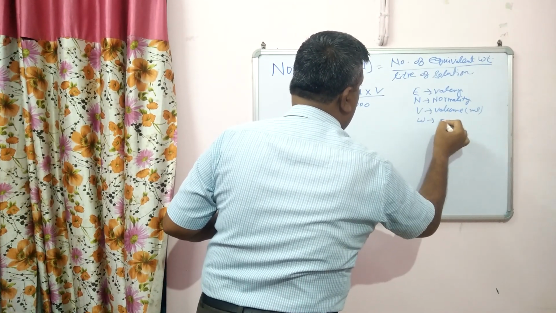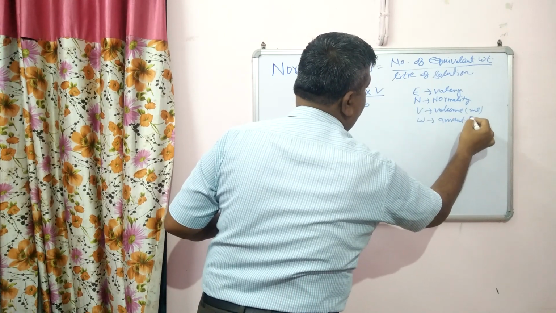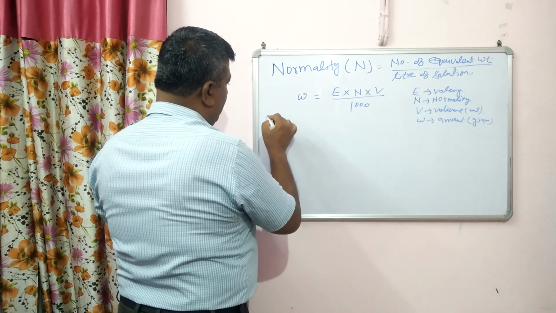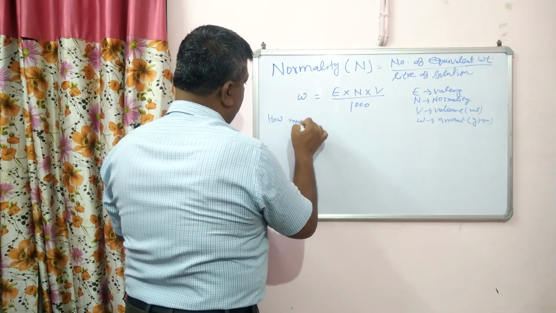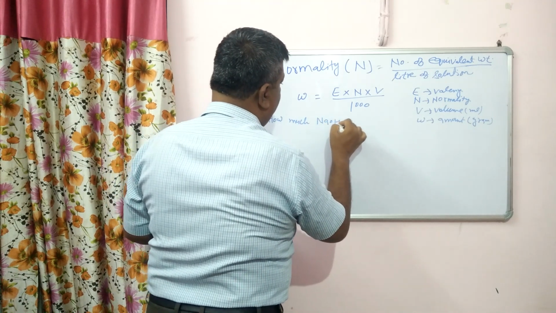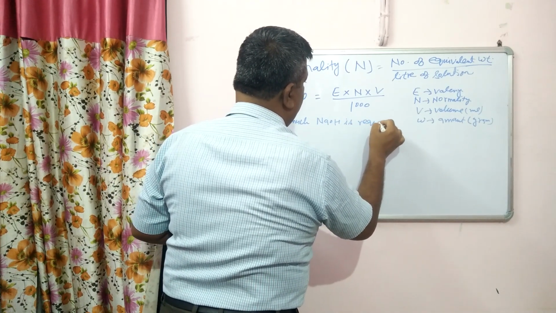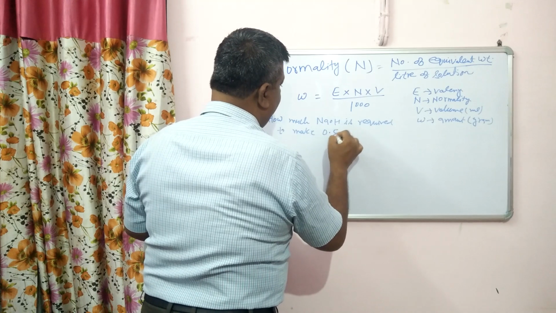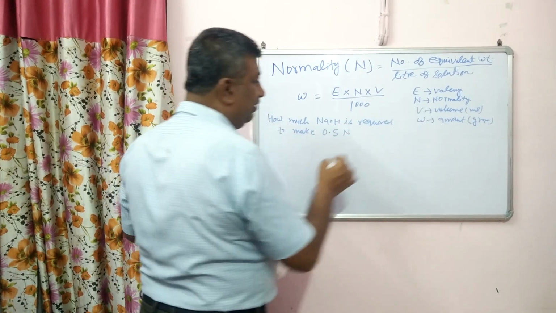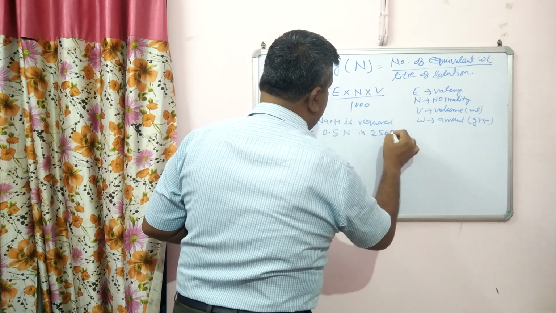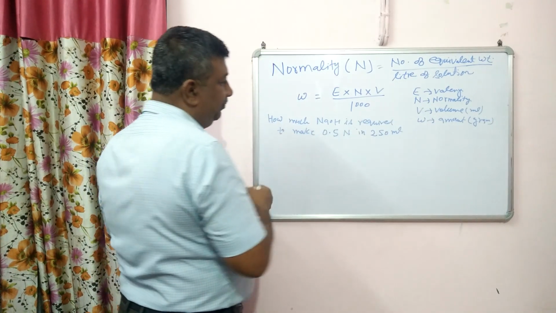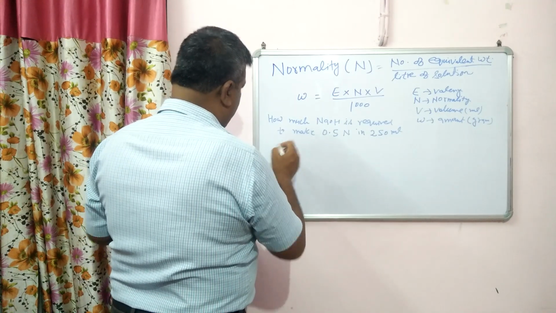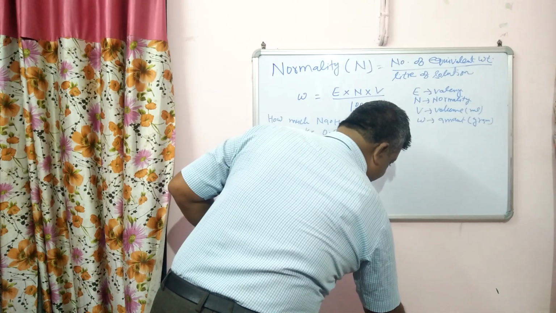Then W is the amount of substance in gram. For example, how much NaOH is required to make 0.5 N in 250 ml solution? So here two things are given: normality and the volume, that is 250 ml. Now it is calculated by using this formula,